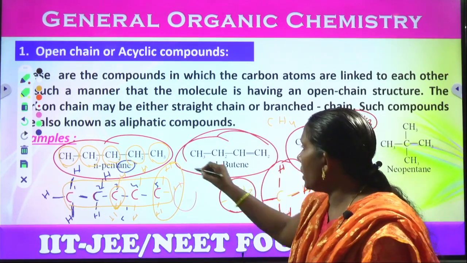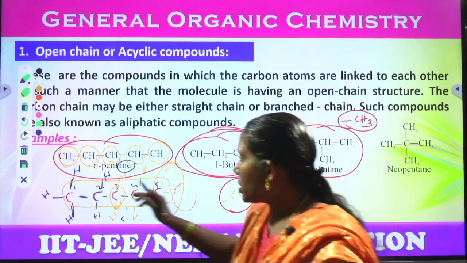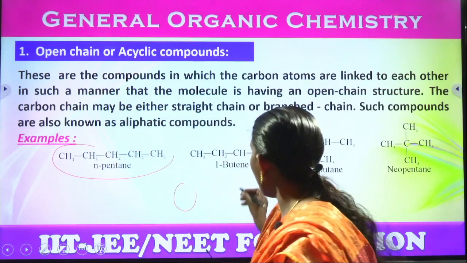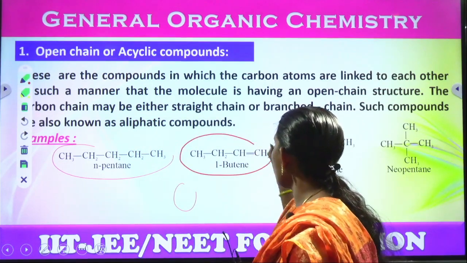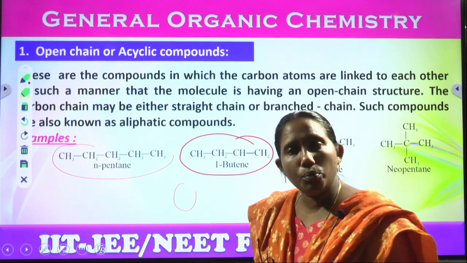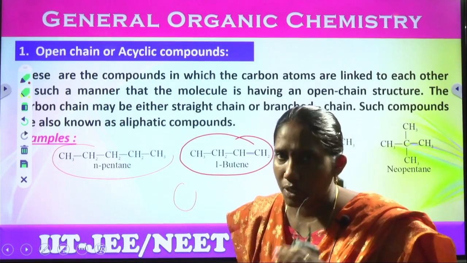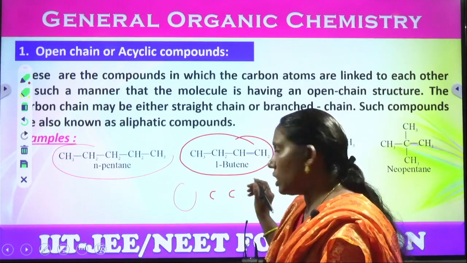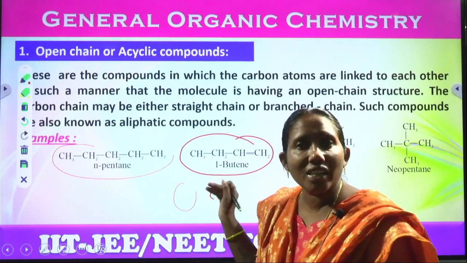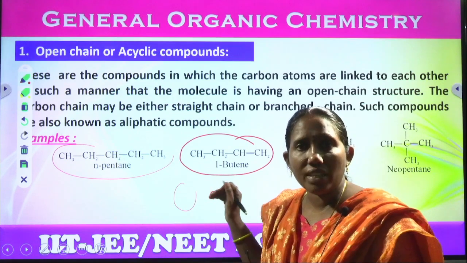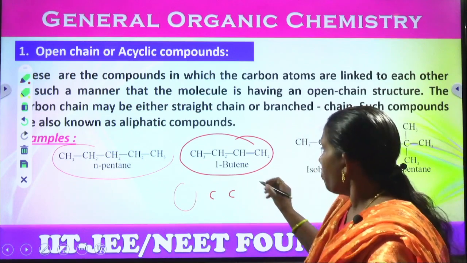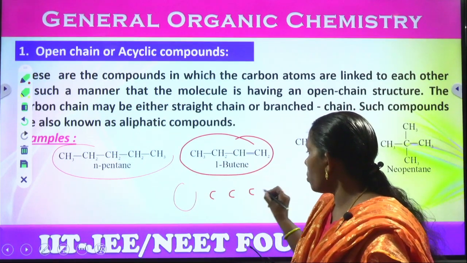We can elaborate even this structure. I'll take a second structure: CH3, CH double bond CH2. It is butene. But means how many carbons? 4 carbons. This one we'll study in nomenclature, but before that we'll get this type of structures. To understand this is the basic, because we already completed alkane, alkene, alkyne. That's why I'm explaining. But means 4 carbons, so write 4 carbons.